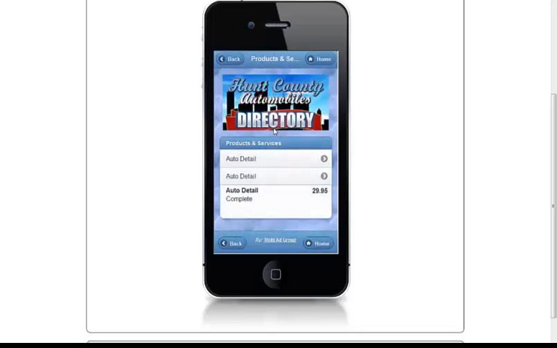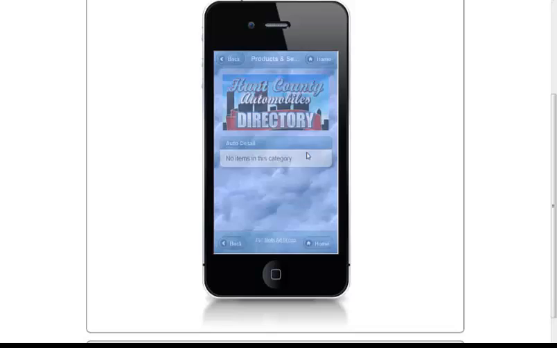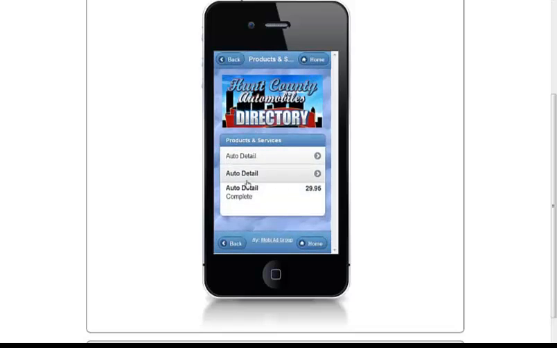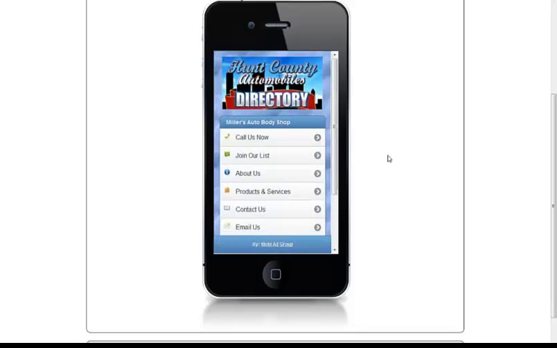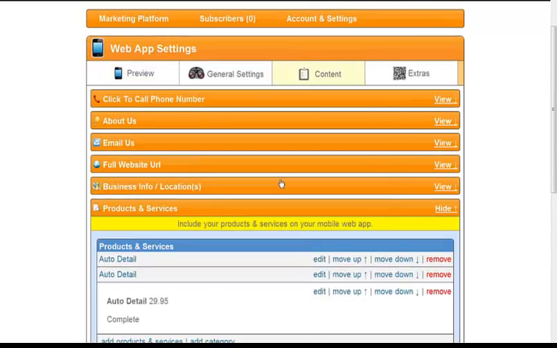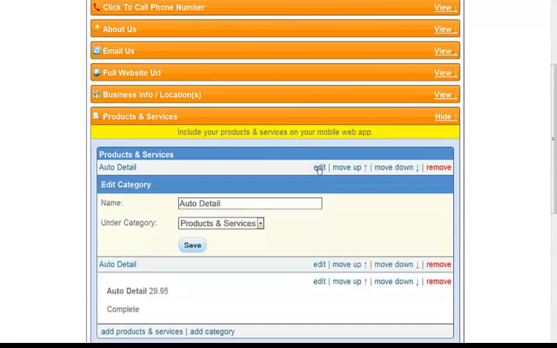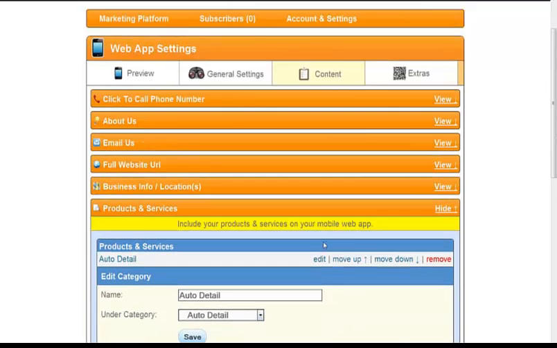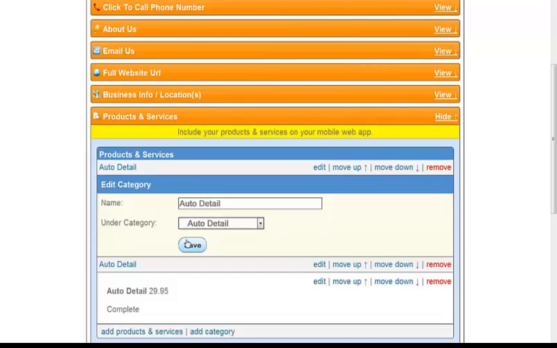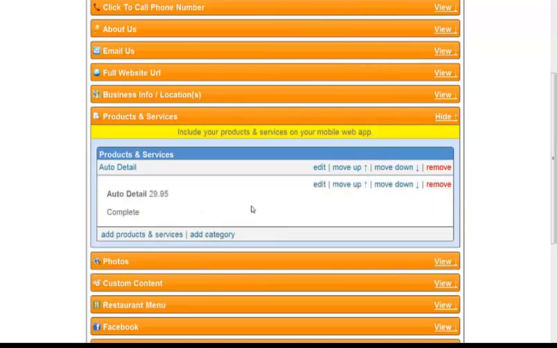Products and services. Okay, there's our, we didn't put anything in there. I was just showing you where we could do that. You can put whatever, if you want different categories, however you want to do it. Go in and play with it. I recommend you play with it. Okay. However you want to do it, I can edit this. I can add. This is a great tool to use, but let me say this about adding a bunch of stuff in here.